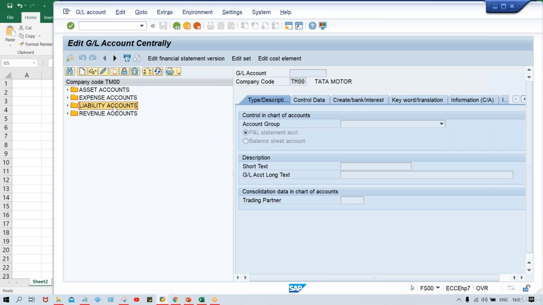So what will happen? After a certain time, you have to refund, return this amount to the particular person, right? You have to pay this amount. You have to remit these taxes to the tax department, right? So this is our liability. It means,